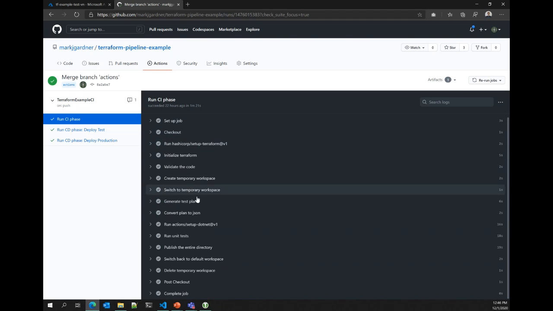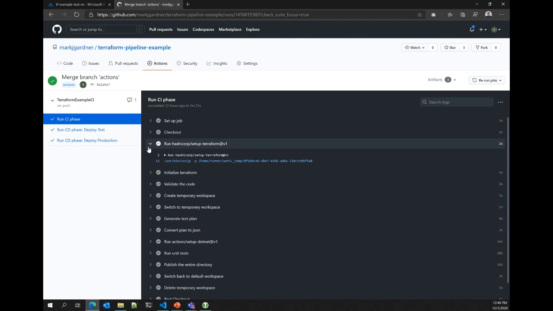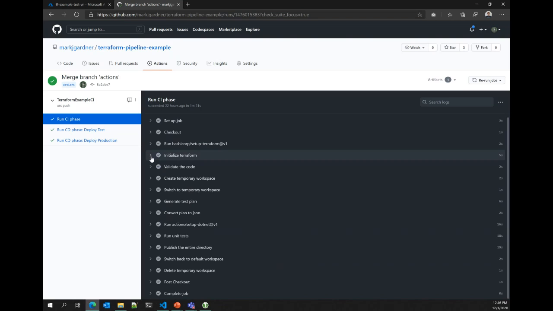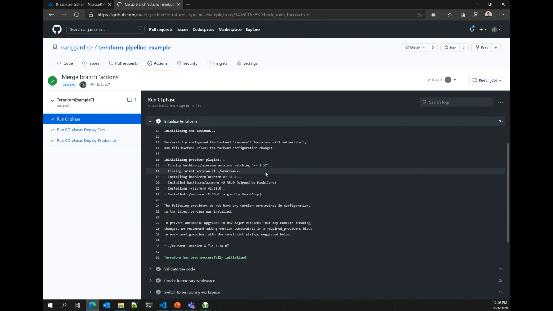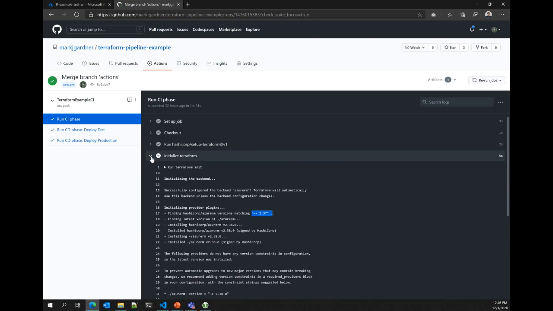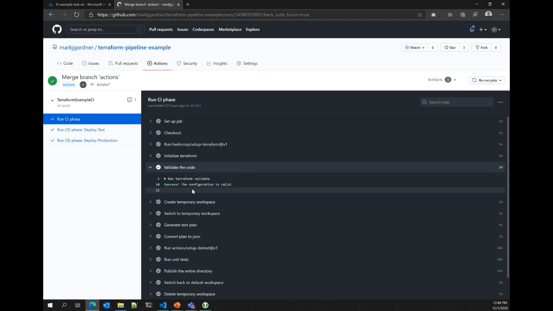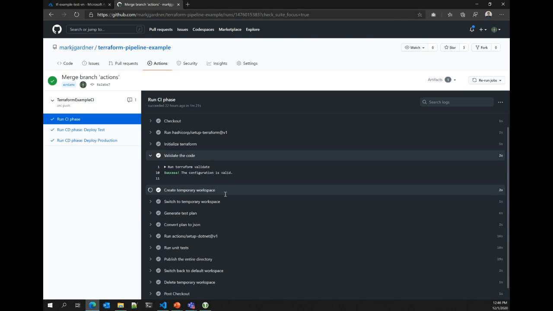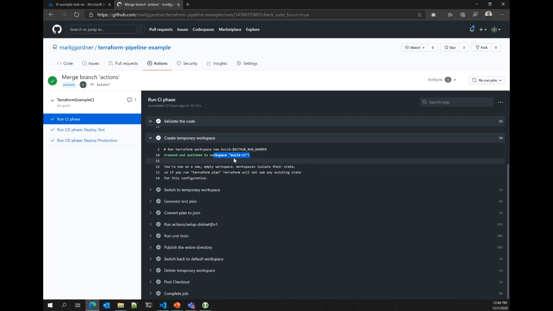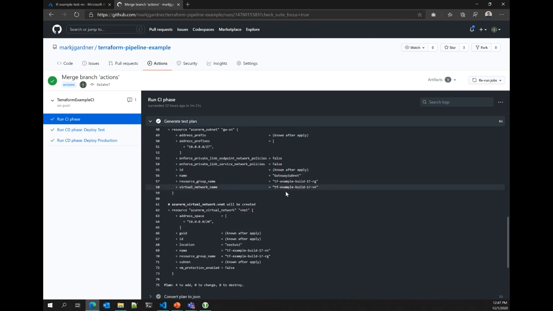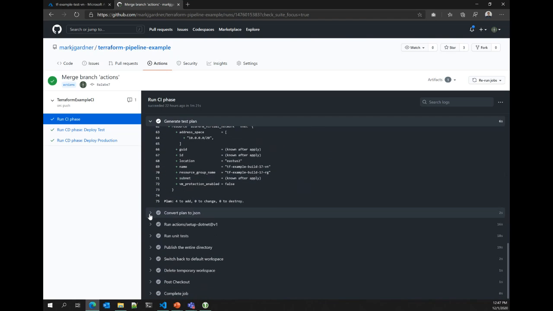But what's happening within our GitHub Action pipeline is all the things that we described previously. So it's checking out the repository, it's installing and setting up Terraform itself on the agent so that it can run the appropriate version of Terraform. It's initializing my workspace, and you can see right there it's downloading version 2.38, despite the fact that we referenced we wanted 2.37. It's going to validate the code, so it's going to run a Terraform validate, give us a thumbs up. It's going to create a temporary workspace, specific to this build, switch into that workspace and generate a plan. And you can see this plan happening here for the changes that we want it to run.